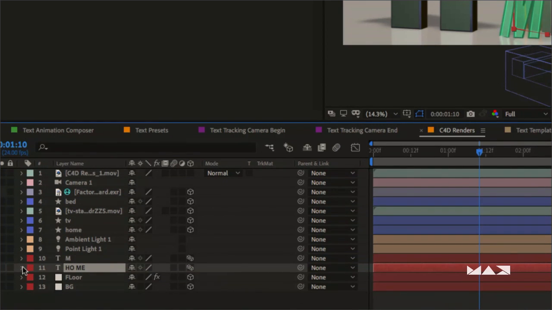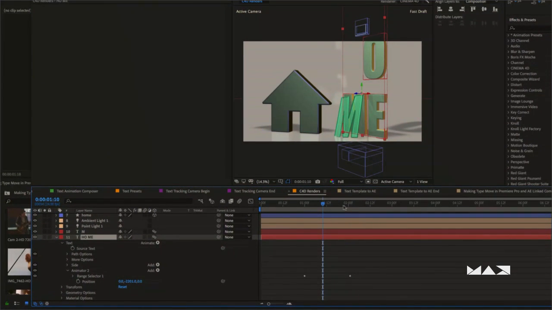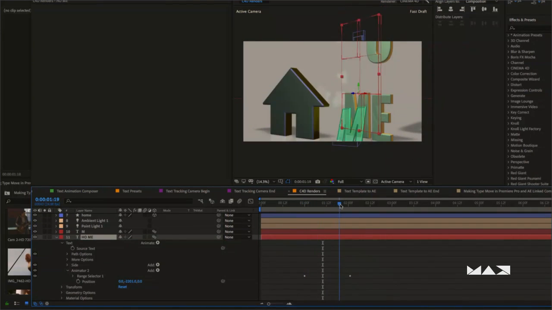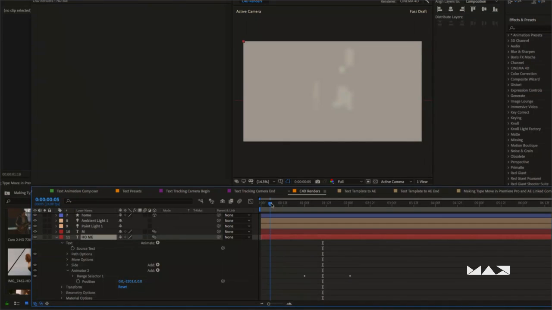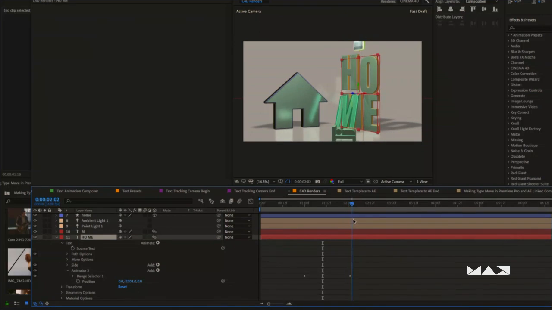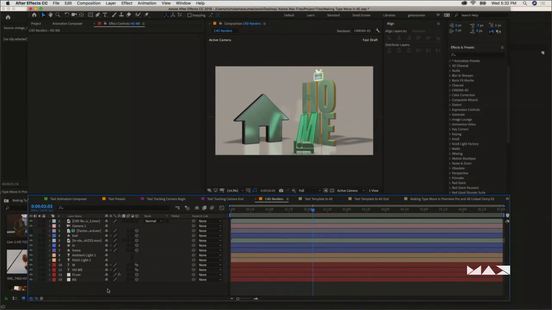Let me just show the entire thing here. I've got an animator on this text animating the position of the word home to fall in on screen. And the additional movement you see is from a text camera that's flying from further in depth space and moving here as those characters also rotate and move dynamically in together. This is also combined with reflections as well as shadows to give this end result. I will supply you guys with this project, this composition, for you to take a look at and see a